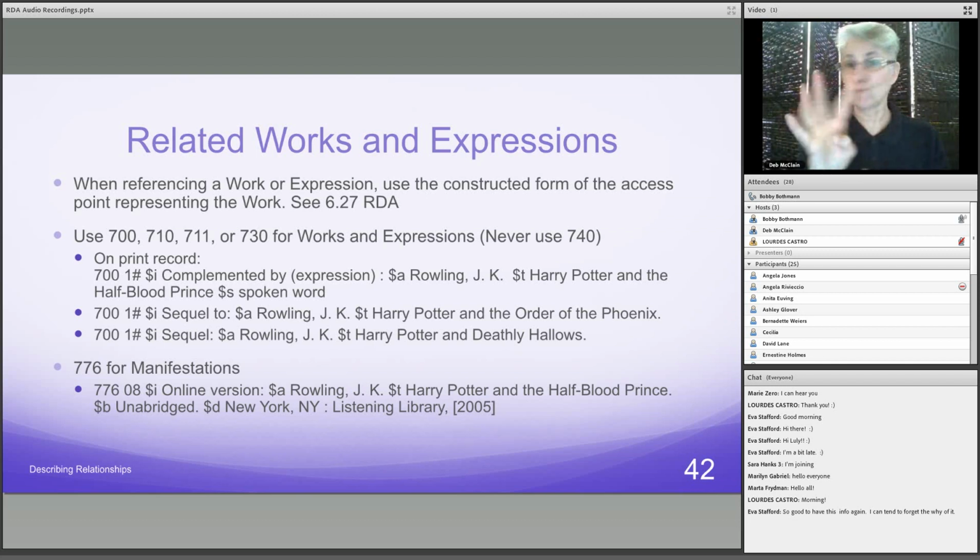for this purpose. So here on the print record for Harry Potter and the Half-Blood Prince, we can point to the related expression, which is the sound recording, the audio recording. And so we identify that expression using the authorized access point for the creator, which is Rowling, J.K., the preferred title for the work, which is Harry Potter and the Half-Blood Prince, and then in subfield S, we have spoken word, and that identifies the expression. So that's identifying the content type, which helps us identify the expression. So that's the best way that we can create a relationship right now using the relationship designators between the text and the spoken word